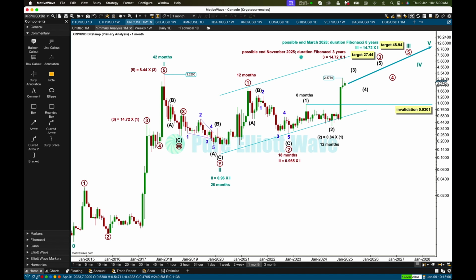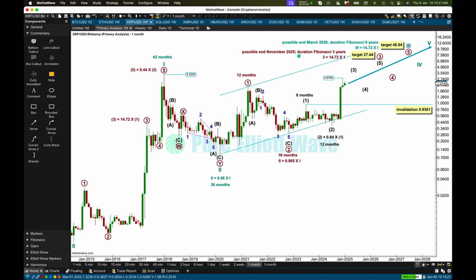So don't have a go at me if we get to November and it's not there. It might not complete in November 2025. It might take longer. I might have to use the next Fibonacci number in the sequence, or I might calculate it in weeks or days using the Fibonacci number sequence. So at this stage, this is the data I have to go with, and at this stage that looks like